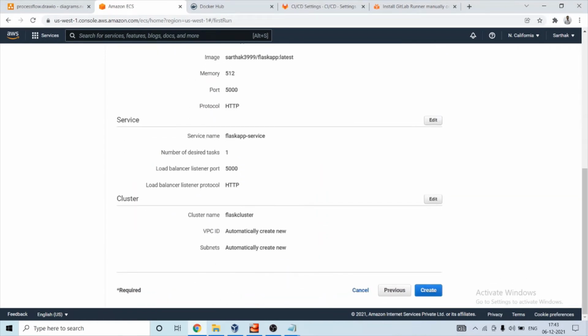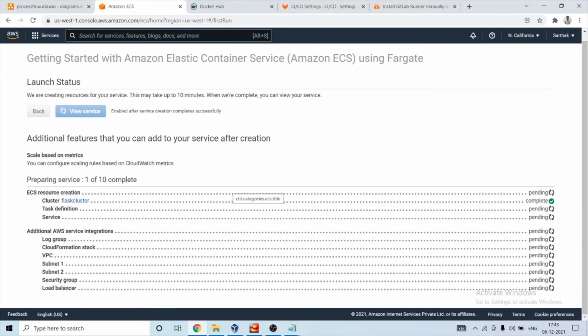Okay, image is also correct, port is also correct, name of the cluster. Okay, let's click on create. So it might take some time to set up ECS.